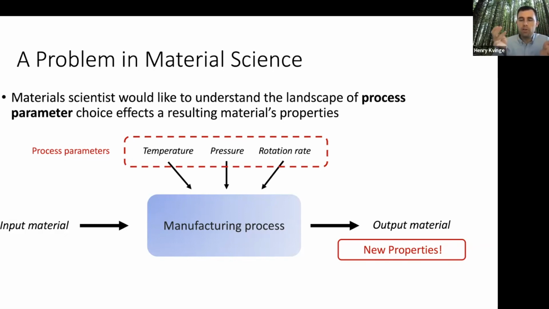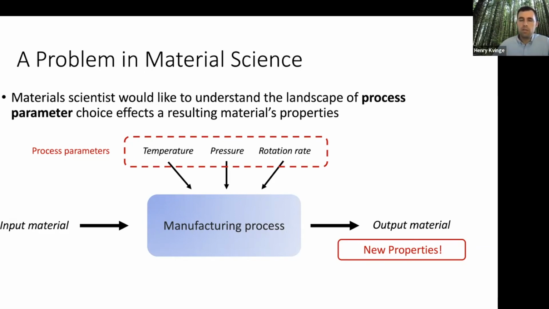And so when you first look at this problem, at least as a machine learning person, you think, well, this kind of fits into one of my standard templates. What I'm going to do is build a model where you tell me what the temperature, pressure, and rotation rate, etc. are, and I'm going to predict the properties. And then you don't have to spend hundreds or thousands of dollars to run individual experiments. You can just experiment with this model, which costs very little running on a GPU, and you'll save a lot of money.